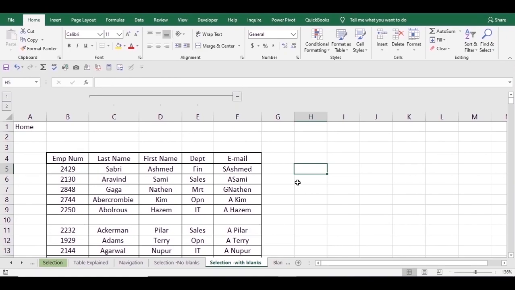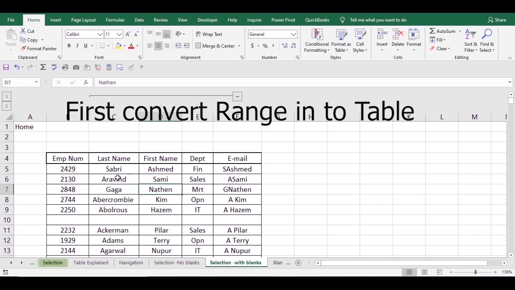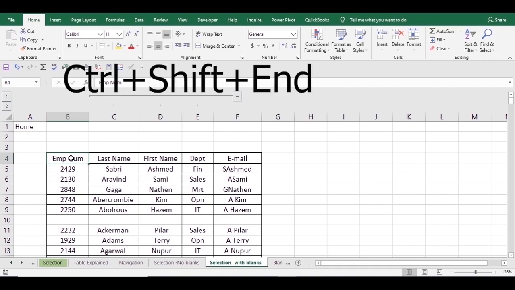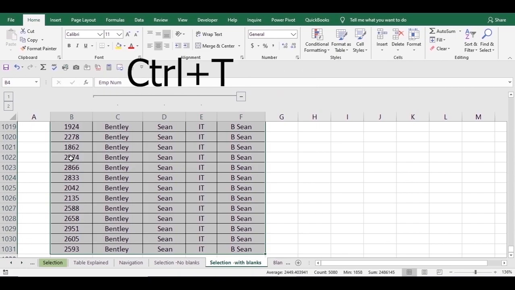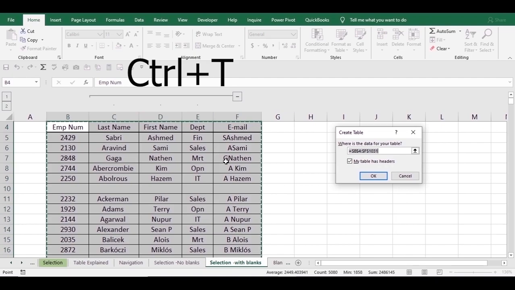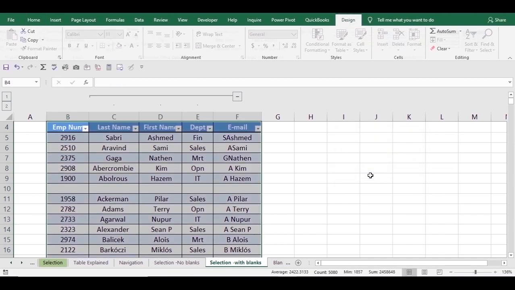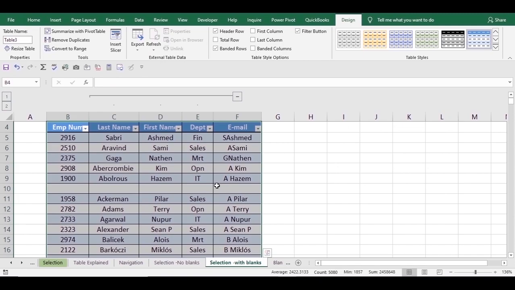The other method where we can easily use shortcuts is by converting the normal list or the range that you have into an Excel table. So first you need to select the entire table. We'll use the shortcut Ctrl Shift End to select the entire list. Then we'll use Ctrl T to convert it to a table. So there will be a dialog box like this, and click My Table Has Headers, where these are the headers that you have in your table, and say OK. Now you have converted your entire range or the normal list that you have into an Excel table.